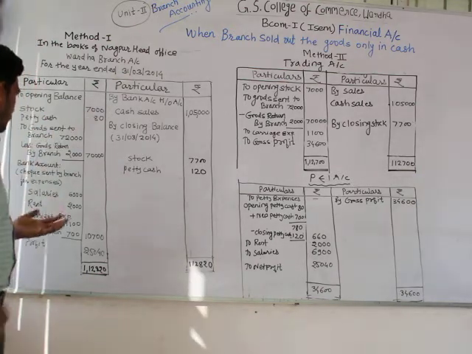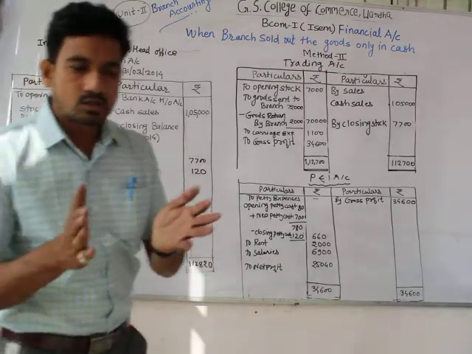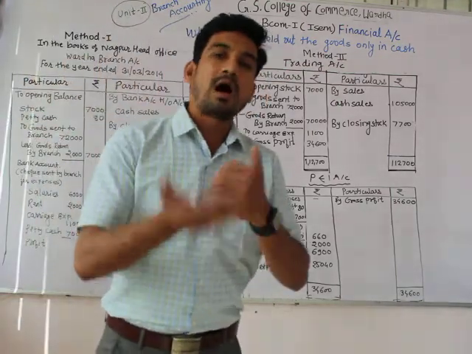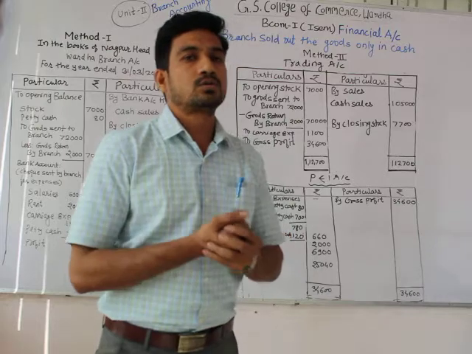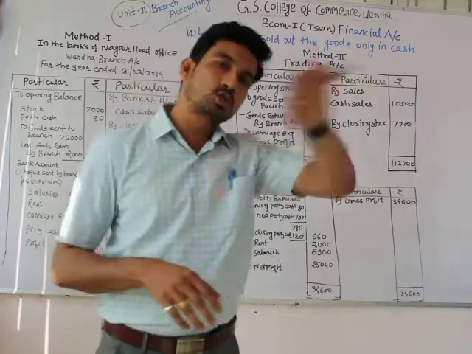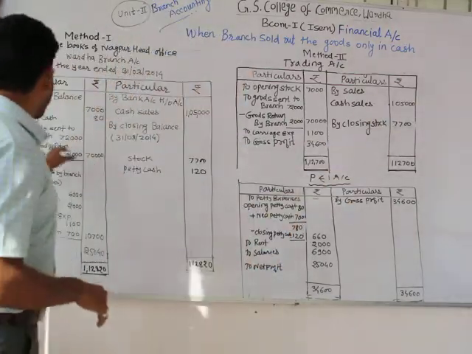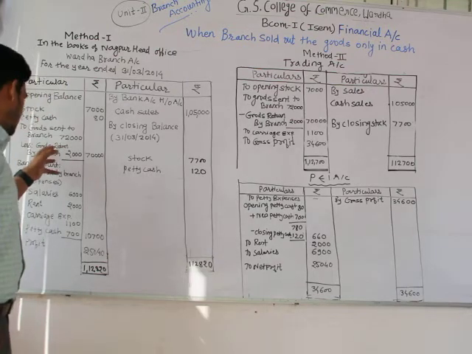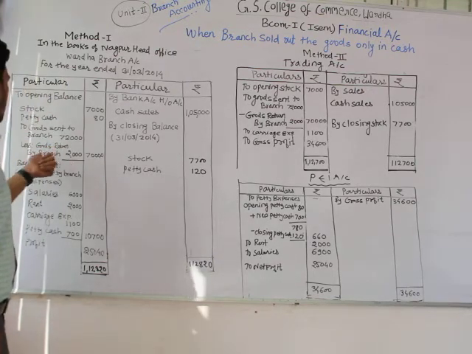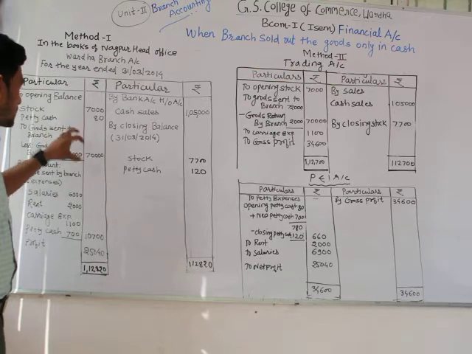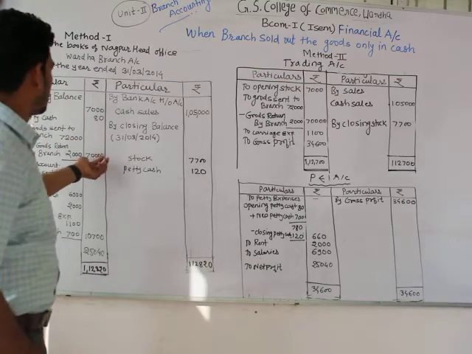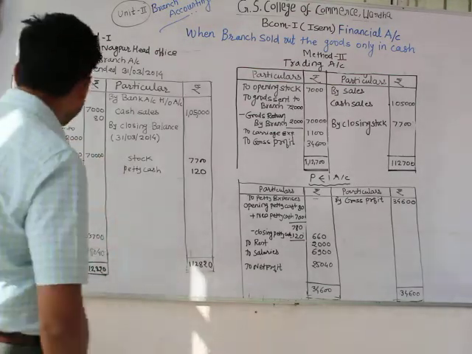Okay, then goods sent to the branch, it's a total of 72,000, out of which rupees 2,000 of goods are again sent back by the branch to the head office. That's why we placed it here, decreased it here, subtracted it here. Goods returned by branch of rupees 2,000. So 72,000 minus 2,000, now goods remain at 70,000.